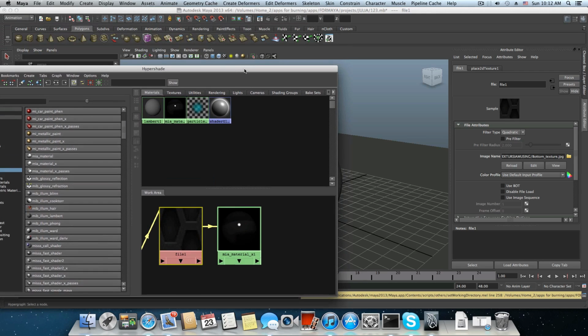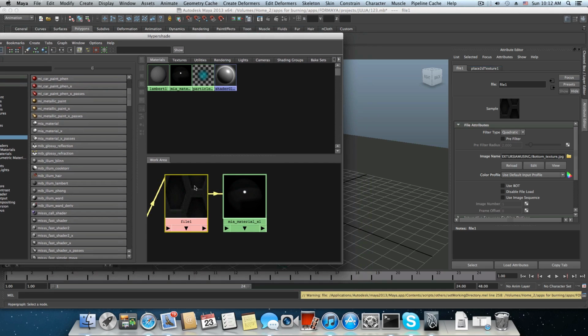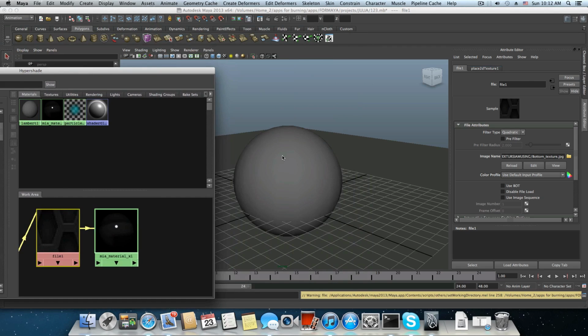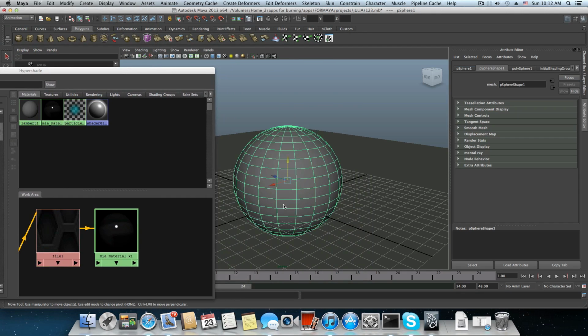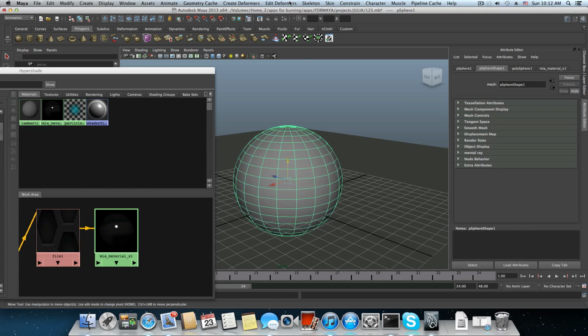Most of the time you will need to adjust the place to the texture node in order to get this little texture to fit in the UVs of this sphere. Okay, I really chose a very bad example because now I need to deal with it also. So that doesn't matter, but you will have to spend a little bit more time with me while I'm doing this. So I'm choosing this sphere just to do some automatic UVs